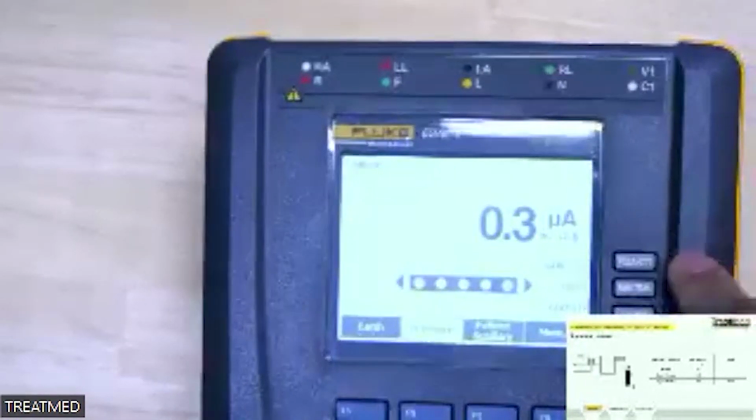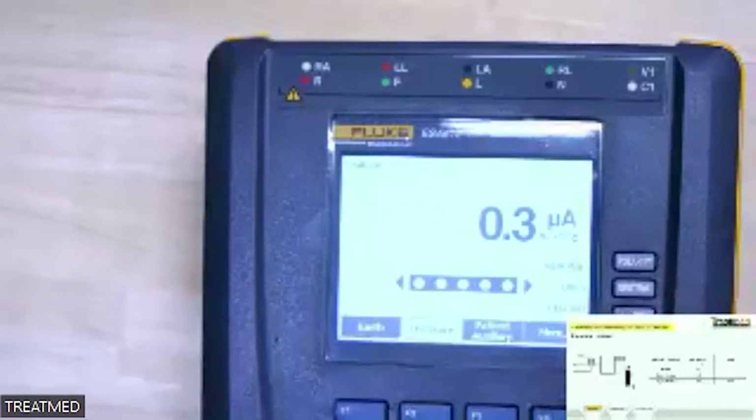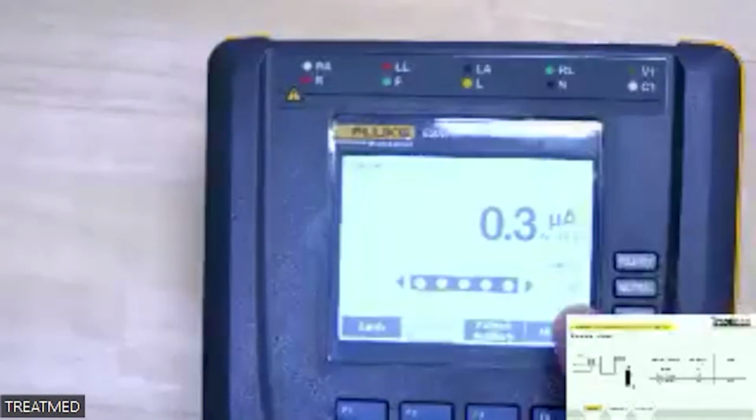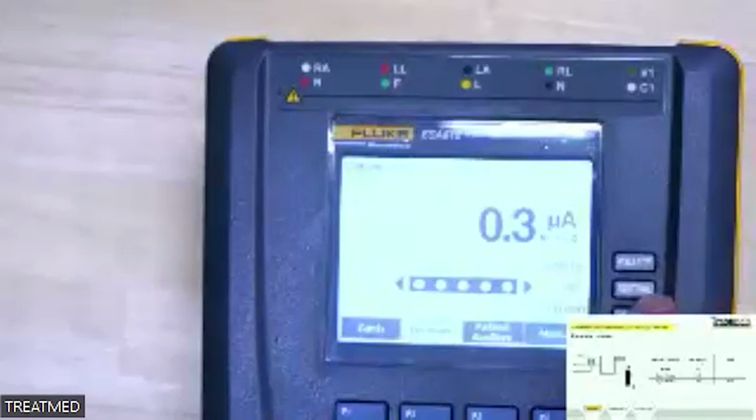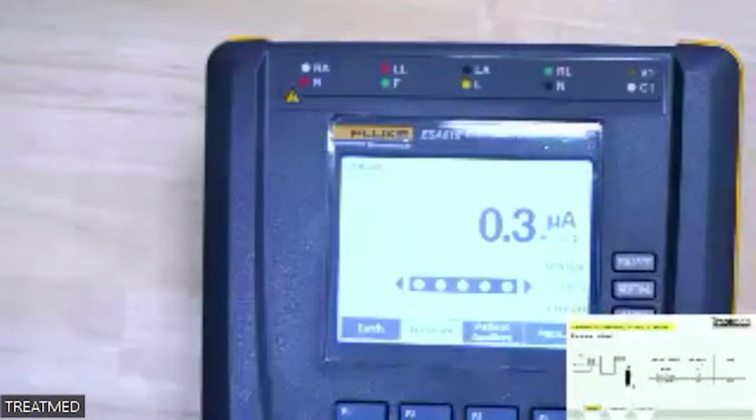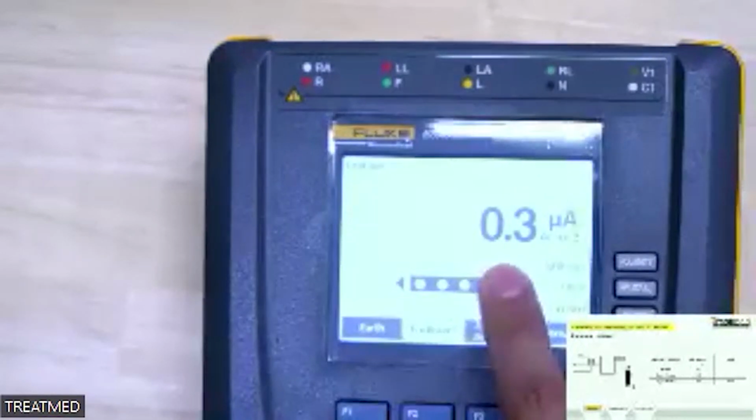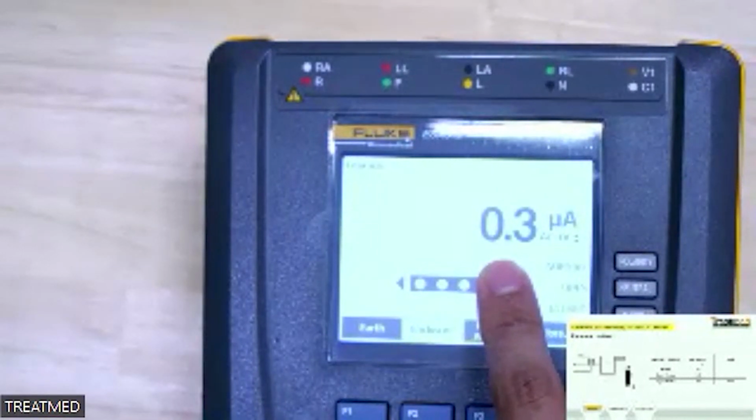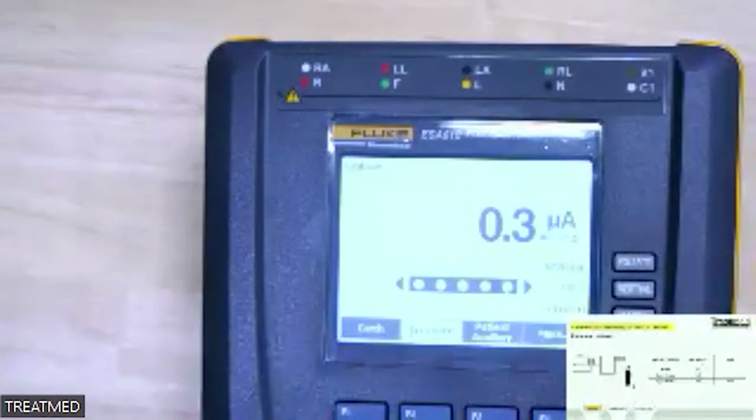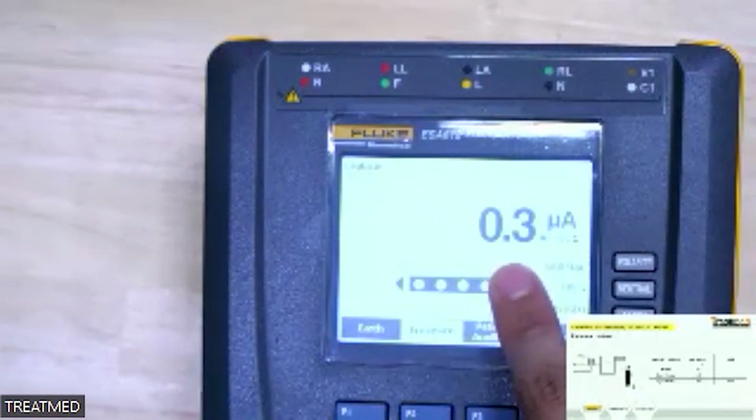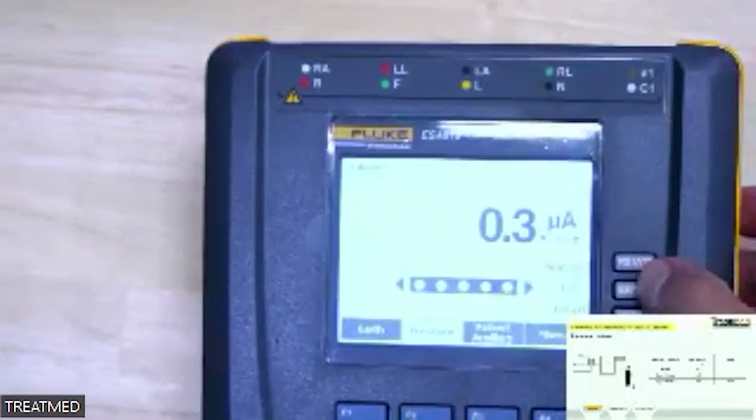The single fault condition in this case is that I open the neutral, which opens the circuit of the neutral. For the open neutral, IEC 60601-1 recommends not exceeding 500 microamp. This is the value from opening the neutral. This is a pass. Okay, and next